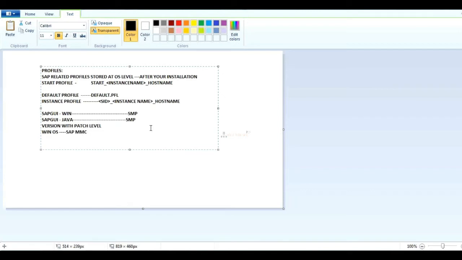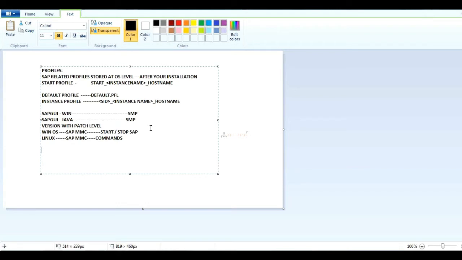So through SAP MMC, we can start and stop our SAP. If you are using Unix flavors, for example a Linux operating system, I don't have MMC. Then how can I start and stop? Using commands, right?